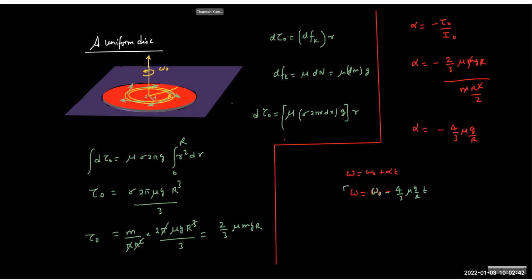They may ask you after what time it will stop. So when the disk comes to rest, you can write omega equals 0, which implies t equals